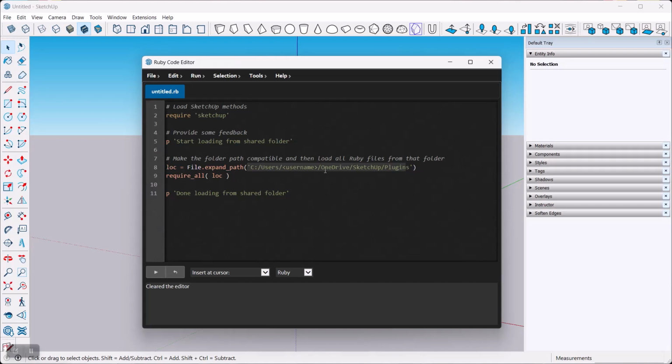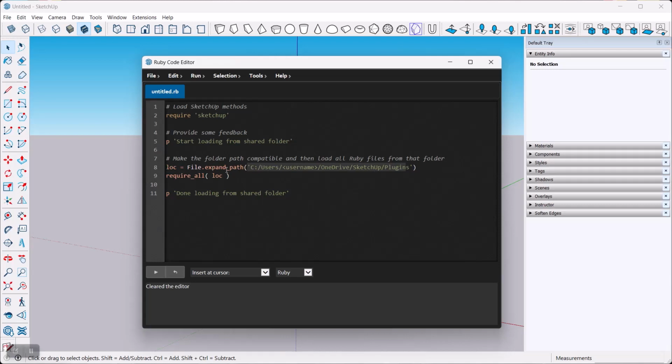So like I said earlier, mine is OneDrive, so that's how mine looks. Yours might be in a different location, so you have to track that down and find out what your location is. Anyways, so you adjust this one, paste yours in here,